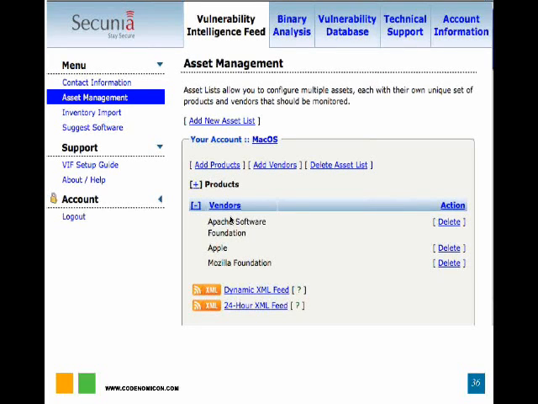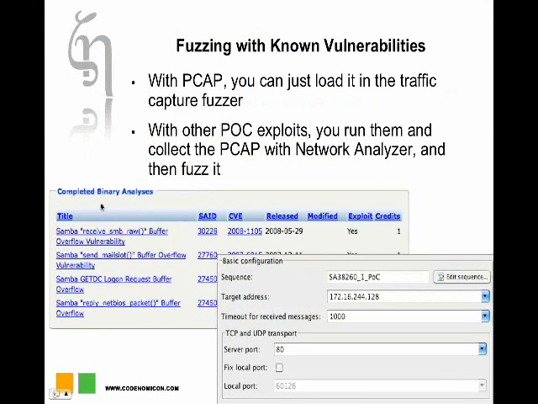alerts of those specific weaknesses or new vulnerabilities emerging to those products. And if there is a vulnerability that you are interested in, you can contact them and request a more detailed analysis, or often they actually automatically provide quite detailed analysis and PCAP files, which is what you mostly are interested in. And then when you get those lists of different weaknesses, you can then just load one of those POCs